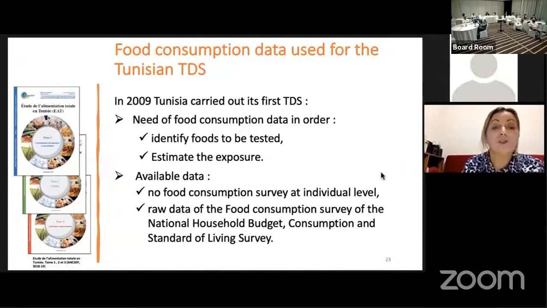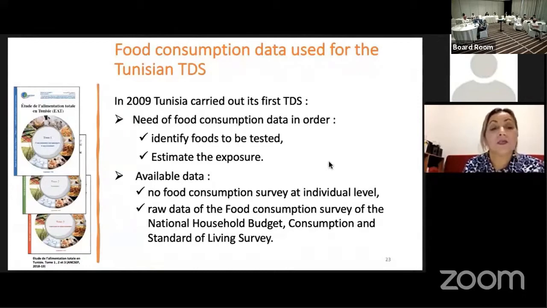We did not find a food consumption survey at national level. The conduction of a national food consumption survey at individual level needs a lot of time and money, and we found that the National Food Consumption Survey of our National Institute of Statistics has many positive points and can be used in our